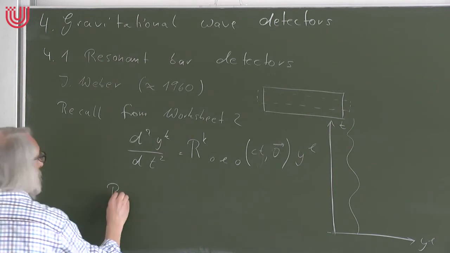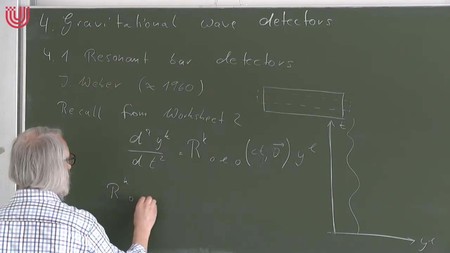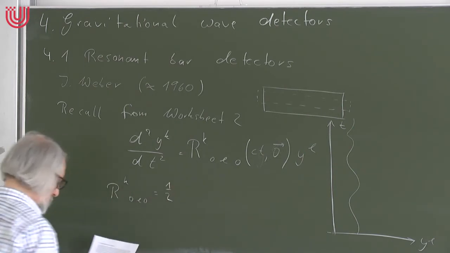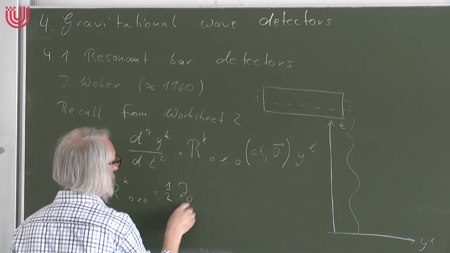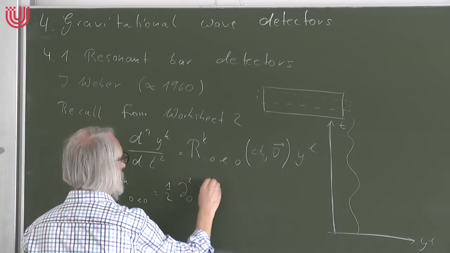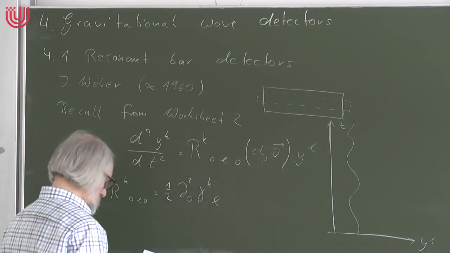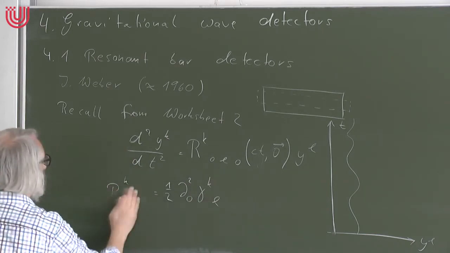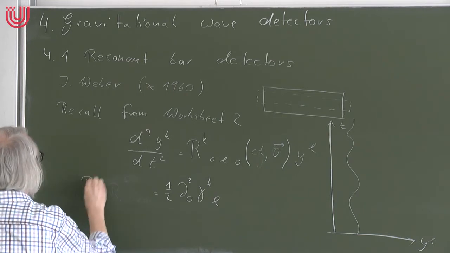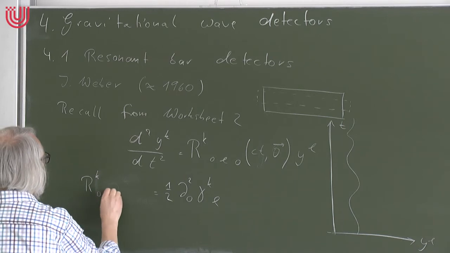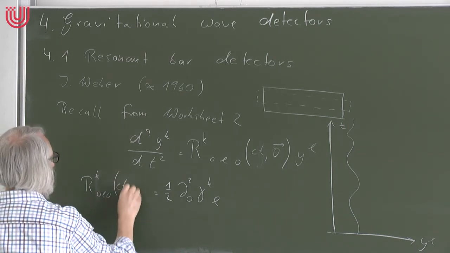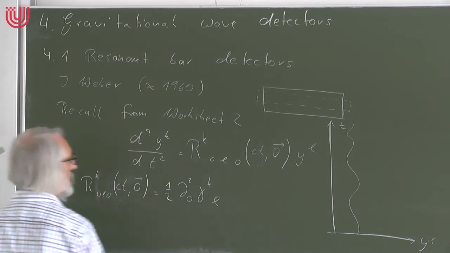So R_k0l0 was 1/2 times the second derivative with respect to x^0, which is ct, of the gamma_kl. Again, I should write arguments because this holds only at the origin,